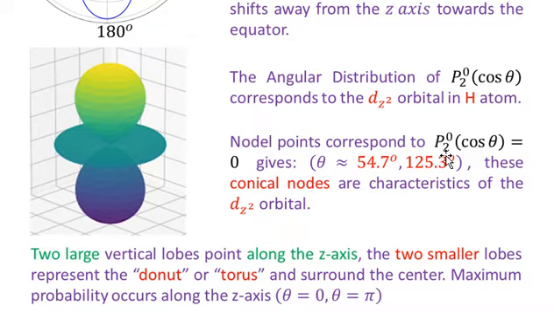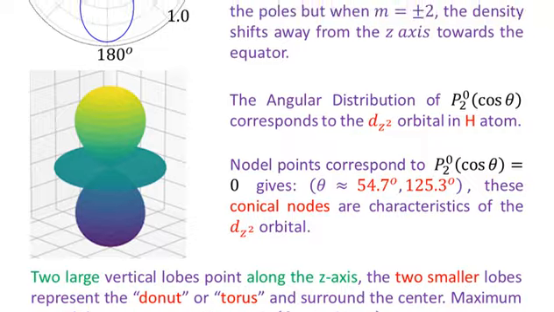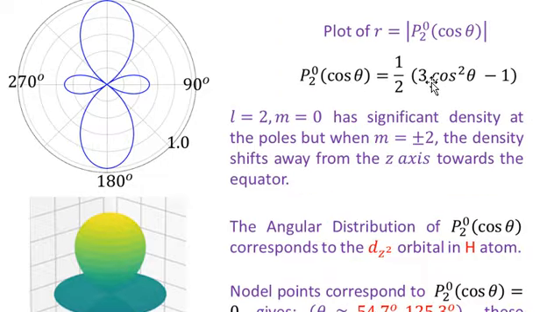So you can also find out these angles from this formula, from this polynomial. Put this value equal to 0, that is half, and within the parenthesis you have 3 cos square theta minus 1. Put this expression equal to 0, and then you get 3 cos square theta minus 1 equal to 0. You will get 3 cos square theta is equal to 1, so cos square theta is equal to 1 over 3. You will get cos theta is equal to plus or minus square root of 1 over 3. And then of course you will get theta is equal to cos inverse of